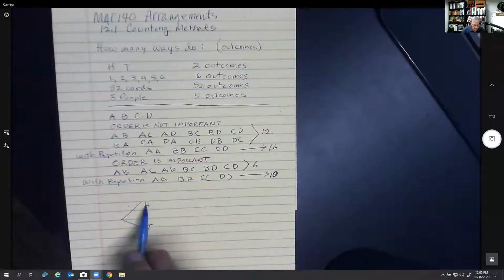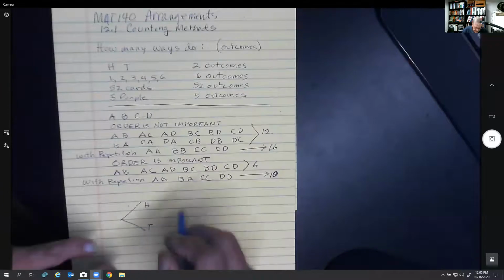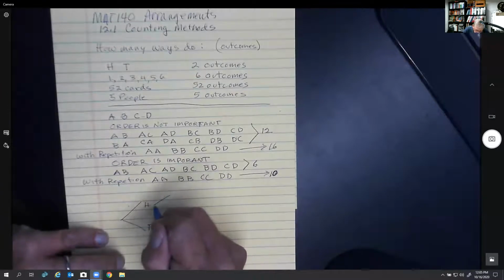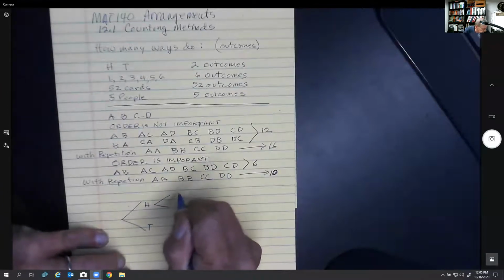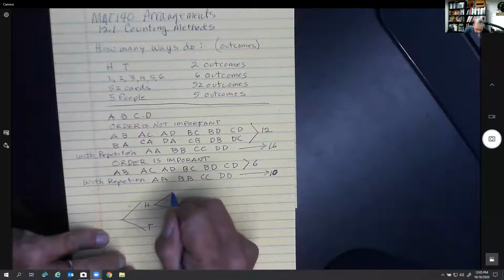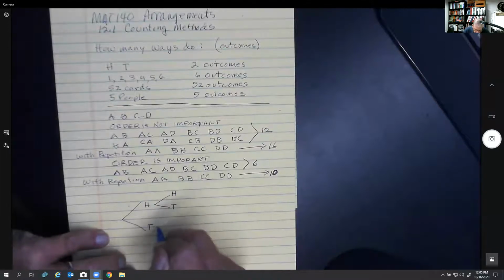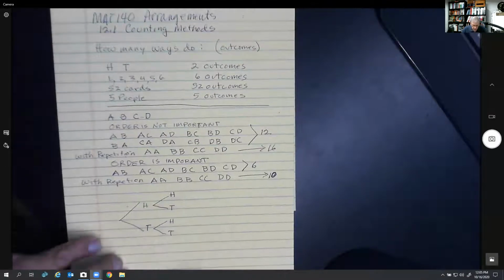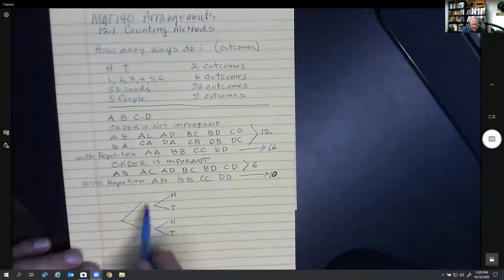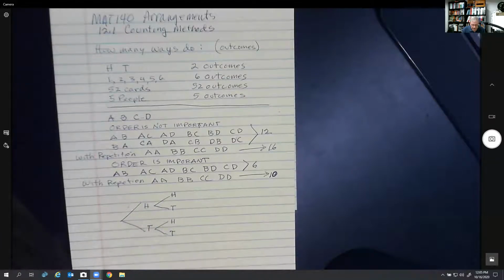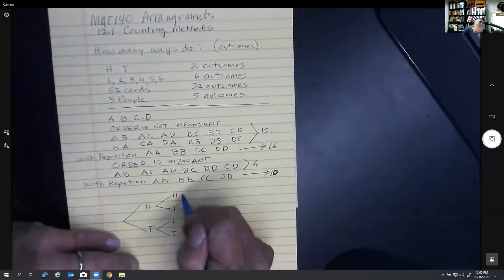So the first time it could come up heads. The next time it could come up heads or tails. You could think of it as 3 different coins, but this would come up heads or tails, and this one would come up heads or tails. So in the first flip, you could get a head, or a head and a tail, or a tail and a head, or a tail and a tail. And then on the third flip,